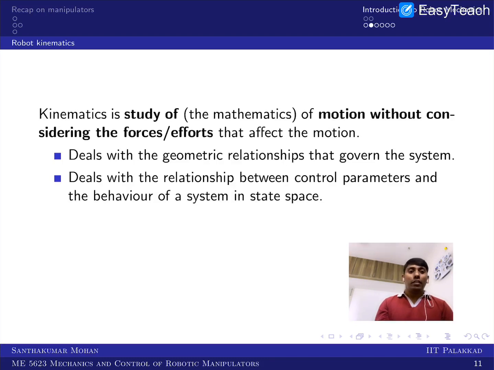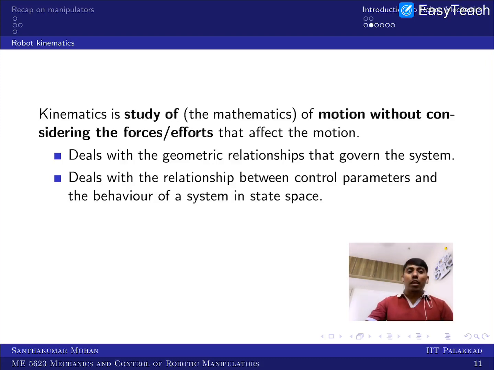In physics we have two sub-classifications, one is statics and the other is dynamics. Dynamics means the changes with respect to time. Even within dynamics we have a further classification, kinematics and kinetics. Kinematics means the study of motion without considering the forces and effects. Considering force and effect, we call it kinetics. But in robotics we call kinematics the study of motion, and dynamics the study of motion considering the inputs. That's what we are going to see.